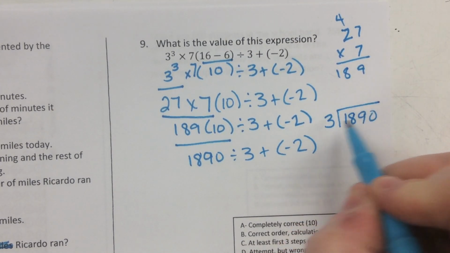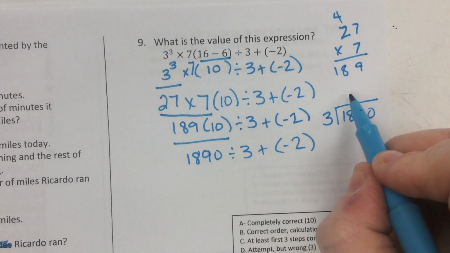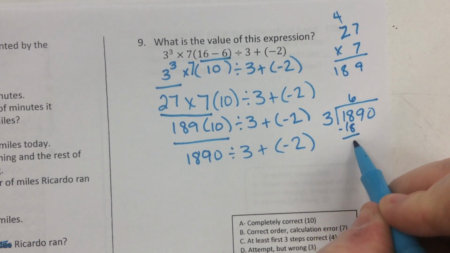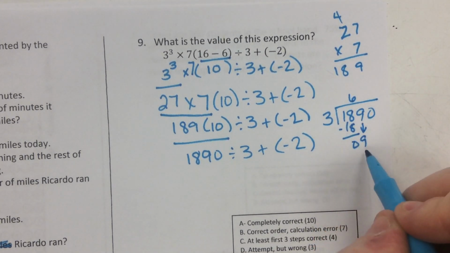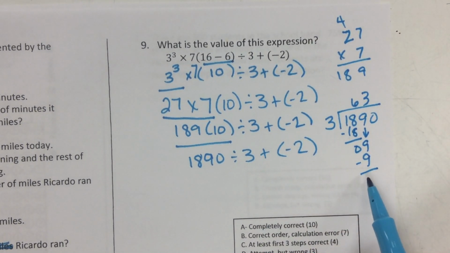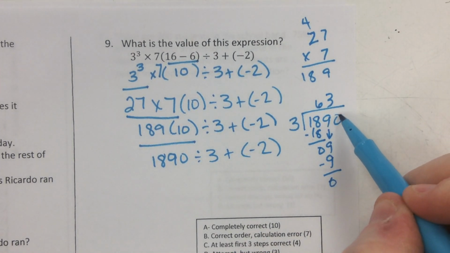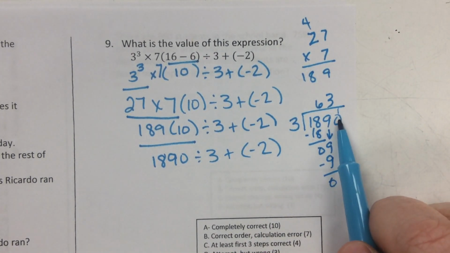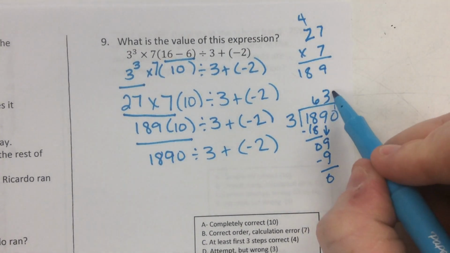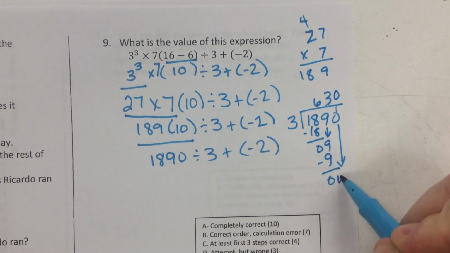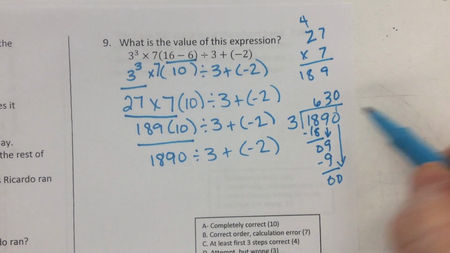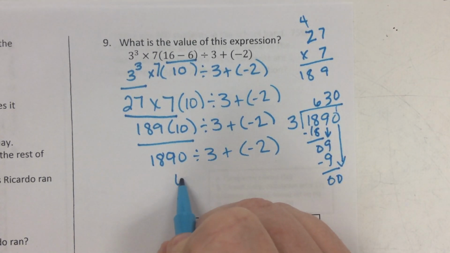1890 divided by 3. 3 times 6 is 18, and I subtract. I bring down my 9. 3 times 3 is 9. A lot of you stopped right here. You have to be careful, though, because there is another 0 here. I can't stop until I have put a number above that last digit there. So this says that 3 goes into 0 0 times. So it's 630